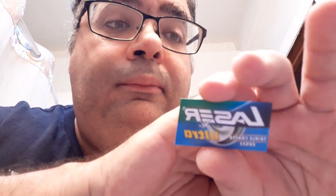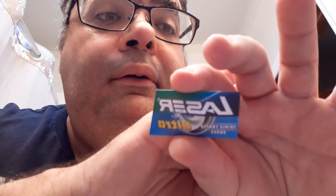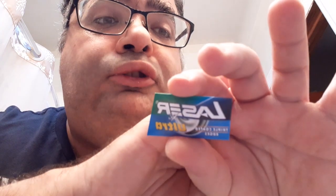Blade of choice from India, Laser Ultra. Hold on, let me get a better view of that. Sorry if it's a little blurry. From India, Laser Ultra triple coated blades. I'm not sure what the coating is. It could be Teflon, it could be platinum, but it's triple coated. Sorry, I'm a little tongue tied. I bought a 10 count packet of Laser Ultra blades from